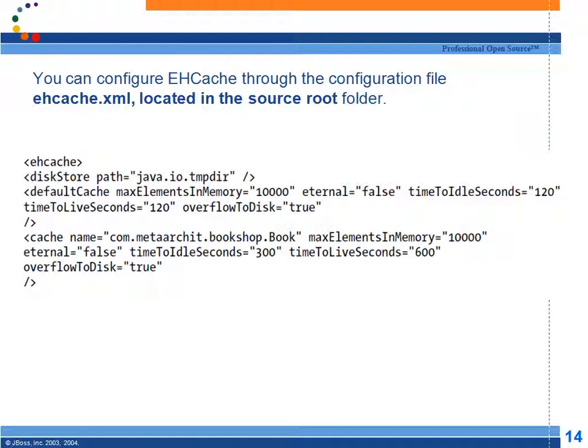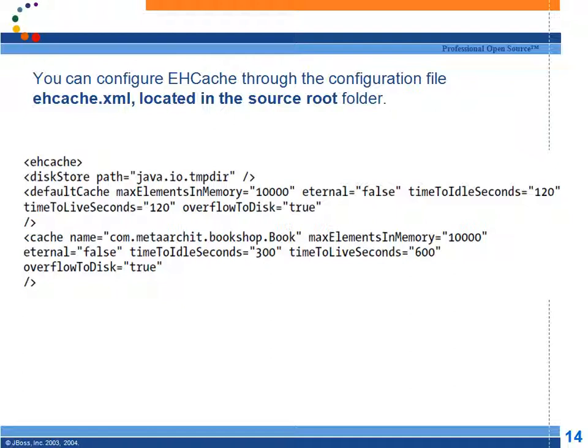And here, see, this is the default cache, right? Forget about the default cache for some time now. This is the cache. What is the name of the cache? It is pointing to a class. So this is how to specify the class cache region. This specifies a region with this name. The name of the class cache is the same as the fully qualified class name of this class.